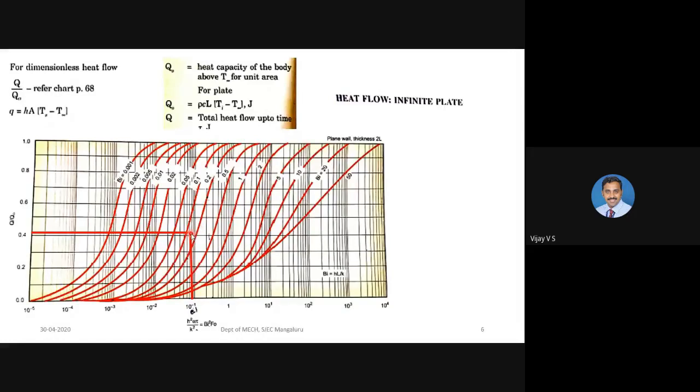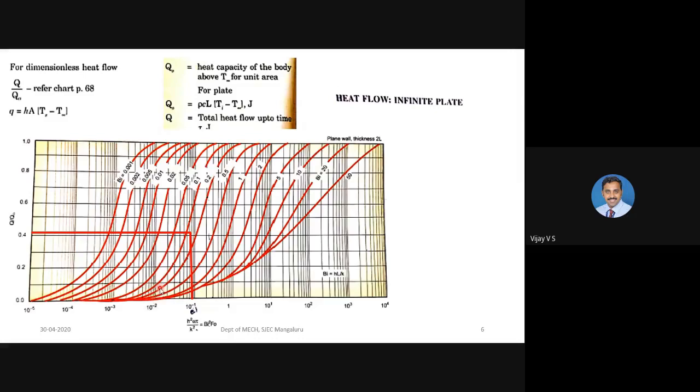Okay, so approximately. Now the x-axis, just see here, this is not so easy. 10 to the power minus 1 means 0.1. Next we have 1, next we have 10, next we have 100. Now my value of Bi square into Fo is 0.093, almost 0.1. No, this is 1. So what is the next line here? After 0.1 you will get 0.2, 0.3, 0.4, up to 1. After 1 you will get 2, 3, 4 up to 10, like that.